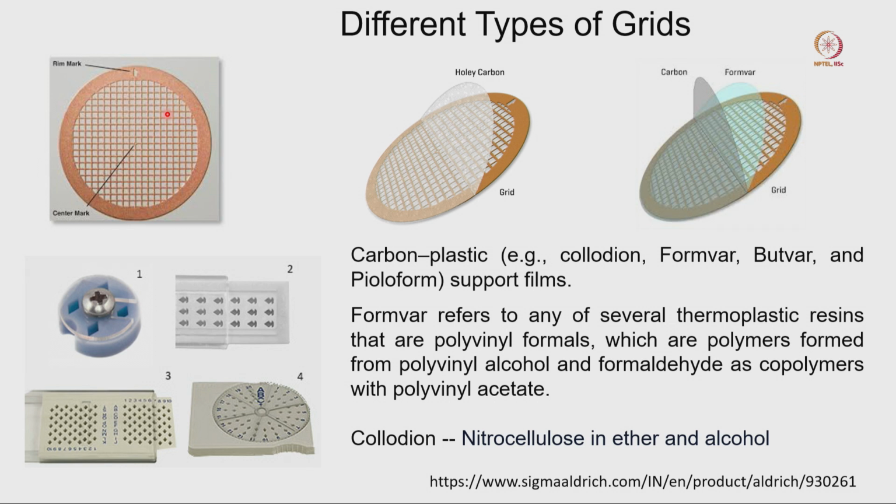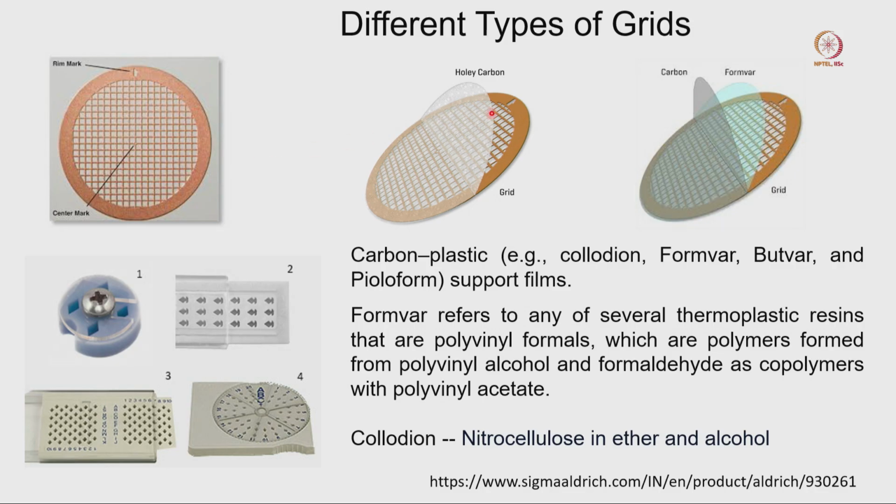Most of the time, previously, we were just purchasing the empty grids, coating our grid with some kind of plastic, and then on top of that putting the carbon, and we were using those carbon coated grids. So you can easily make those carbon coated grids in your laboratory. Those grids are also commercially available, so you can purchase them too. But in this class I will give you an idea how you can prepare those carbon coated grids in your lab. You don't have to purchase those grids all the time.